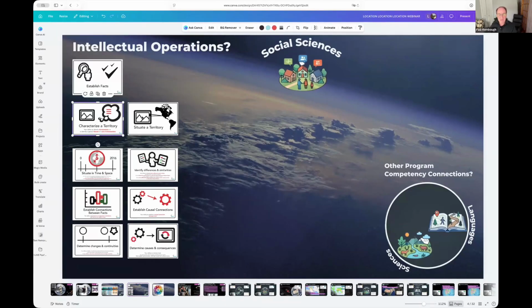You have to characterize a territory, situate a territory, for geography. Obviously, situating in space is something great for mapping. But there are ways to situate in time by having several maps compared to each other. And as I mentioned some of the learning activities, I'm going to mention some of the